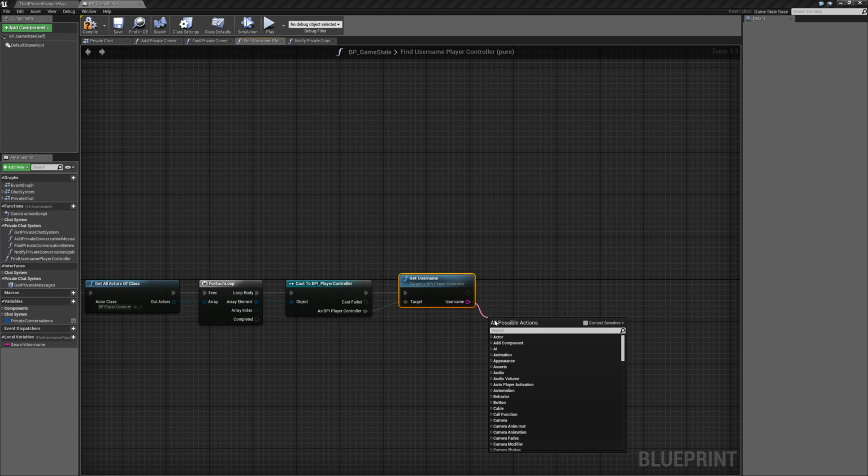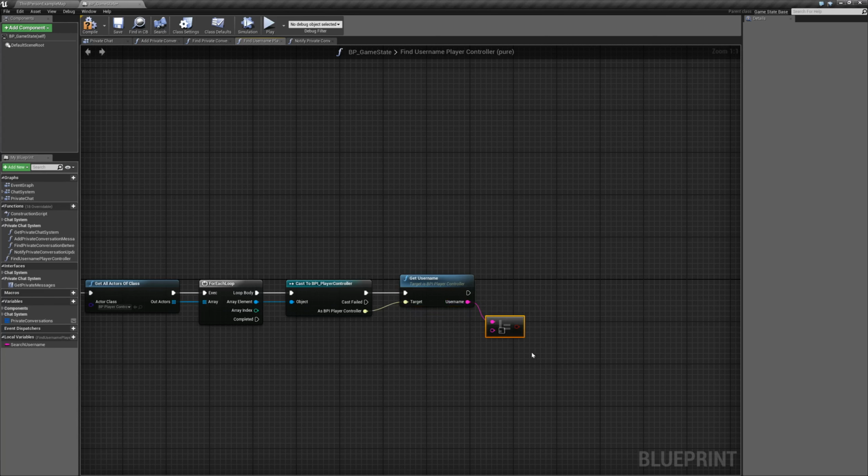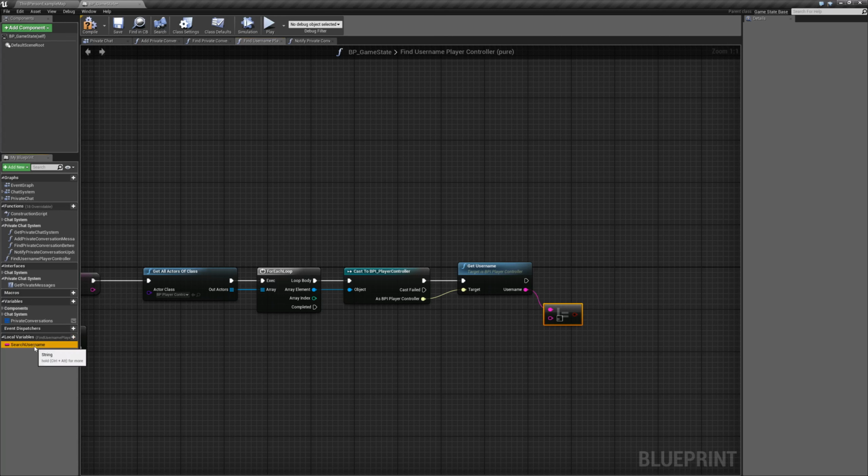And let's go ahead and drag off this and do not equal to, and make it context sensitive again, not equal to string, search username. I'm sorry, that should be equal. If username equal our username that we are searching for,